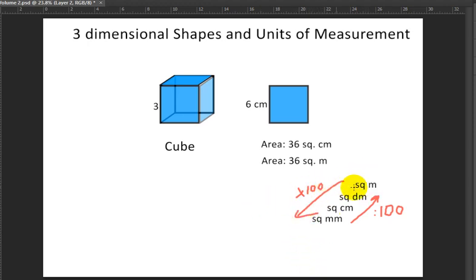So for example, 3 square meters would be 300 square decimeters, which would be 30,000 square centimeters, which would be, let's actually write that down. 3 square meters would be 300 square decimeters, which would be 30,000 square centimeters, which would be 300,000